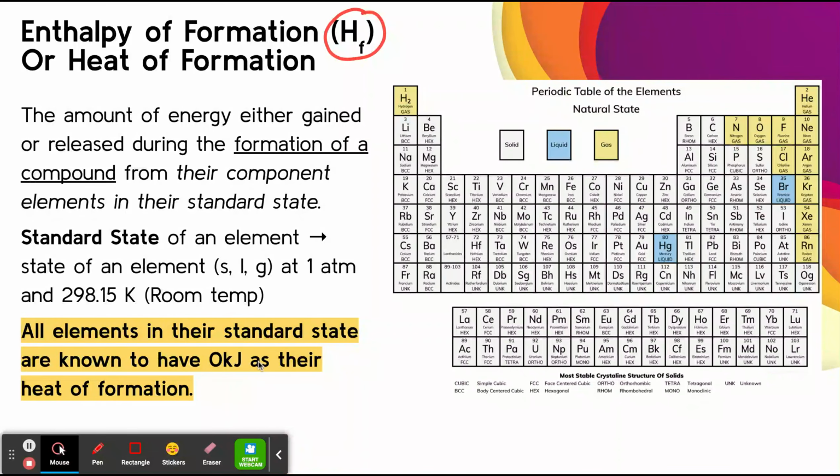Okay, and so we can say that anything here has a heat of formation for that standard state element of 0. So the heat of formation for O2 gas is 0 kilojoules. The heat of formation for O2 liquid, so for liquid oxygen, is not 0 kilojoules. So it matters what the state is. Okay? The heat of formation of solid aluminum would also be 0 kilojoules. Okay? And so,